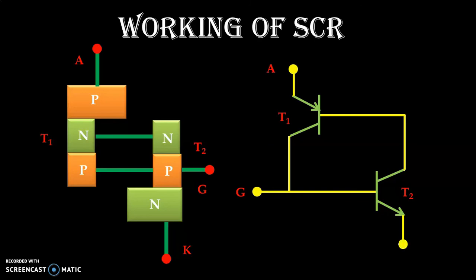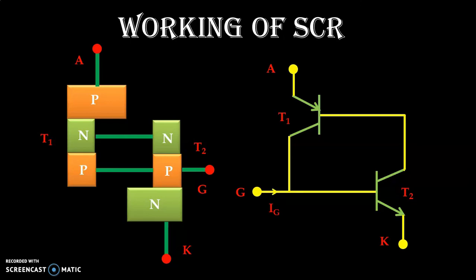The emitter of the second transistor works as the cathode, and that is connected with the load to the negative supply. Now to understand the working, we know that as long as the gate is kept at zero level, and if we apply forward biased voltage between anode and cathode, there is no conduction of current. But as soon as we apply gate current Ig,